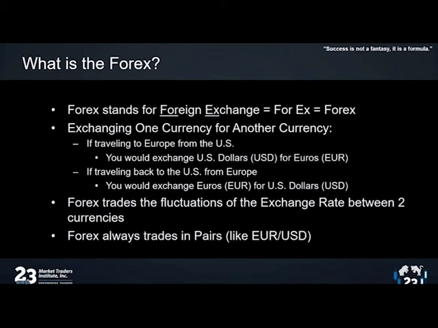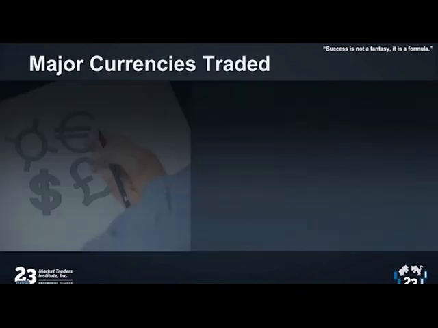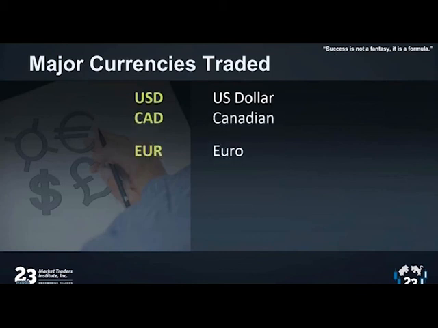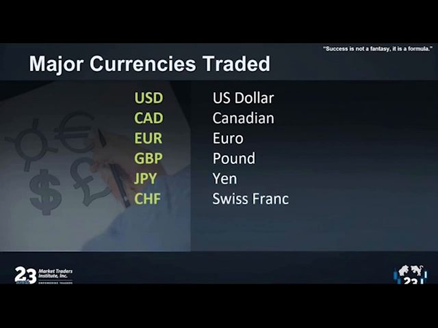And when you do trade Forex, you always trade two currencies. We call it a pair, like the Euro US dollar or the US dollar Japanese yen, okay? See if you've heard of this. Put yes if you've heard any of these currencies before. There are many currencies out there, but there are only major currencies that we actually trade. We want to make sure they're big enough, stable enough, and politically big enough to handle any type of event. We've got the US dollar, the Canadian dollar, the euro, the British pound, the Japanese yen, the Swiss franc, the Australian dollar.